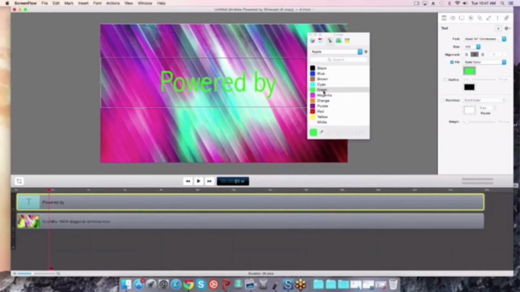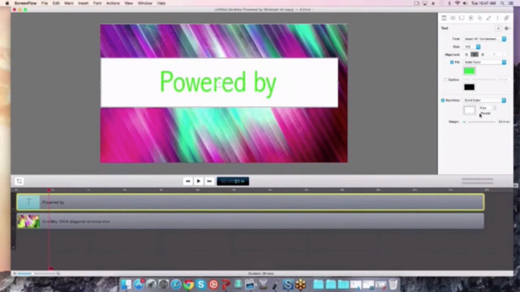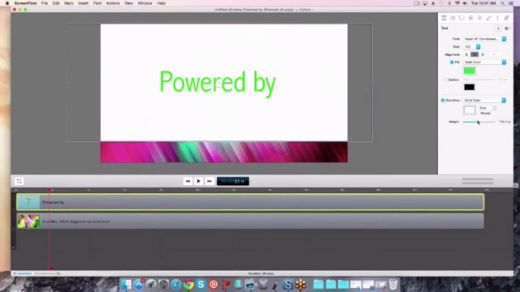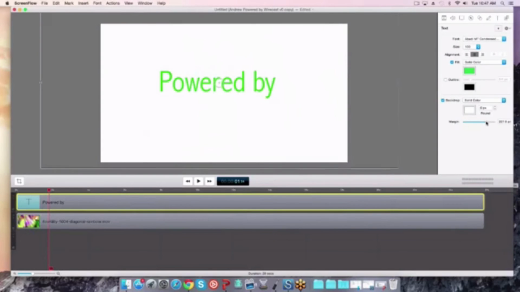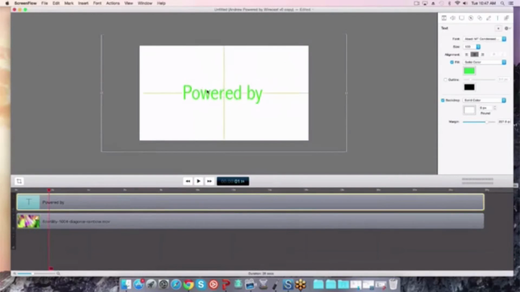Actually, I'm going to do this too. I'm going to change the text to green because I'm actually going to key that out. So I'm going to change the text to green because chroma key tends to work best with colors that are obvious and stand out. I'm going to fill the backdrop, and then I'm going to actually change the margin up a little bit. All right, so now I've got this great powered by